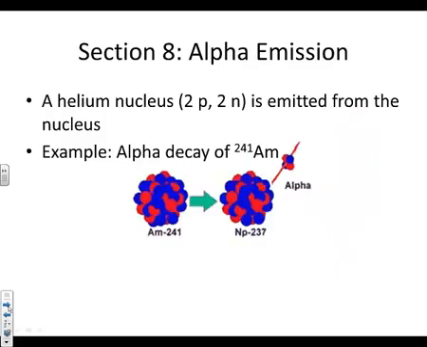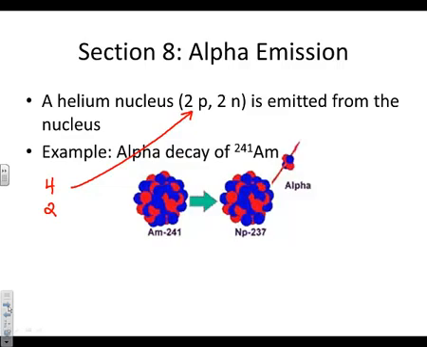All right. So let's go over some specifics here, because you're going to need to know these and be able to identify them on a test or on a quiz. So the first one is alpha emission. We talked about alpha emission is simply a helium nucleus. Easy enough. And I know that a helium nucleus has a mass of 4 and an atomic number of 2. So that tells me right here, I've got 2 protons and 2 neutrons. And if I emit 2 protons and 2 neutrons from a nucleus, that's going to obviously have a huge effect